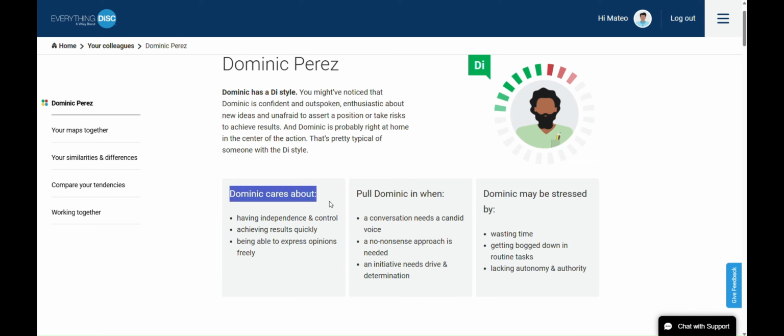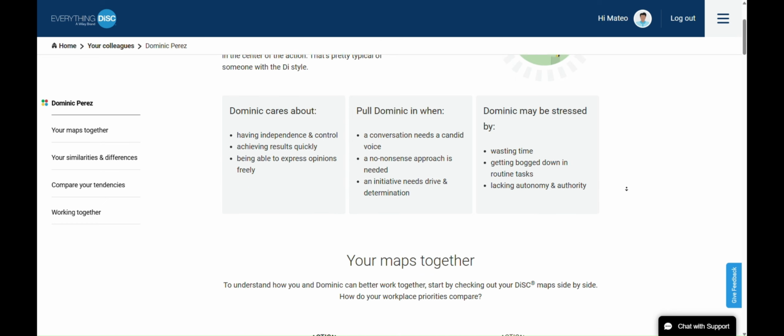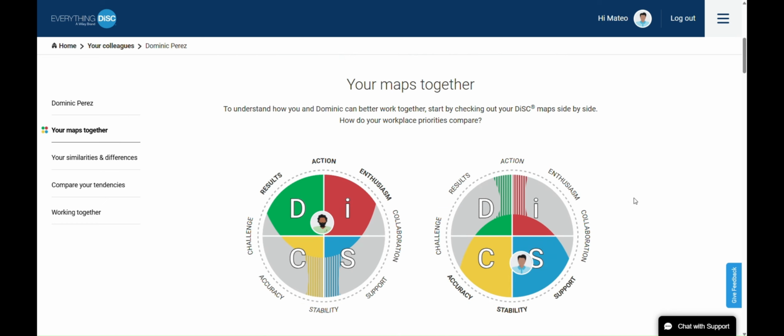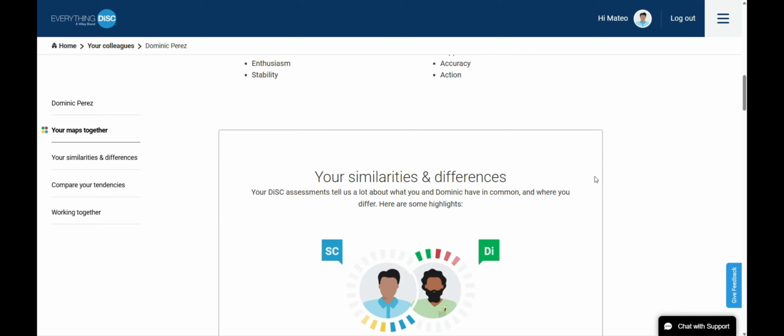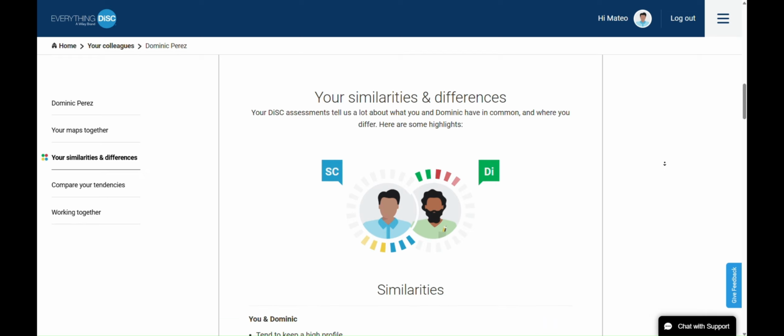This page will tell me about what my colleague cares about, when to pull them in, and what things may stress them out. I can see our maps together, showing where our dot placement sits on the DiSC map, as well as any priorities that we might share. I can see our similarities and our differences,